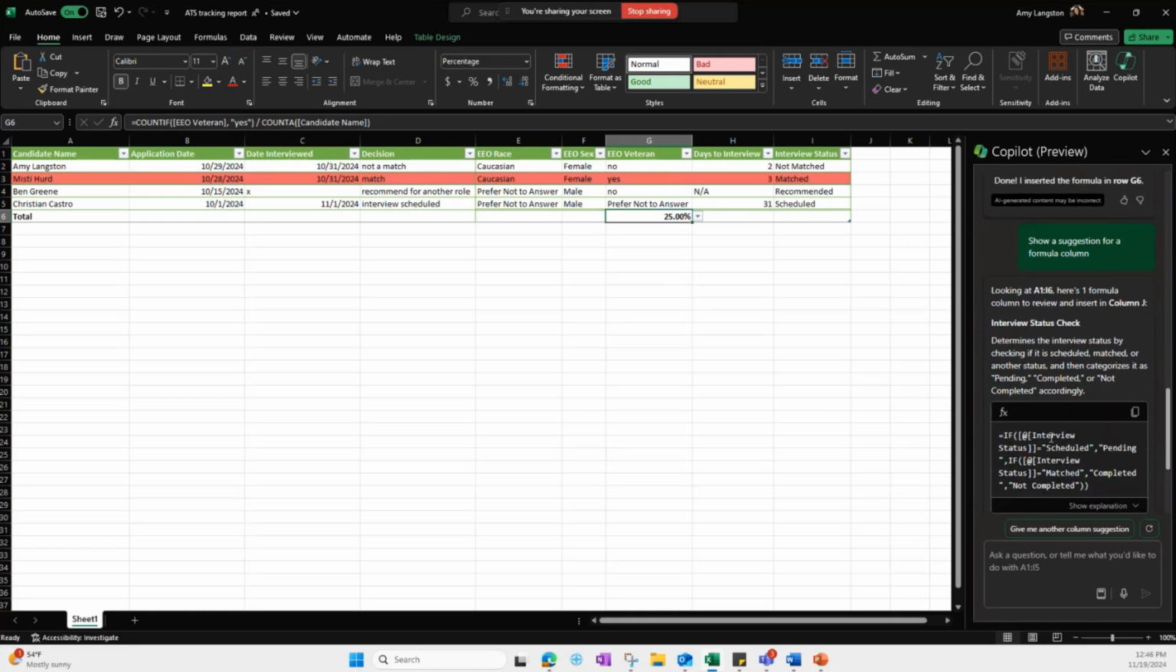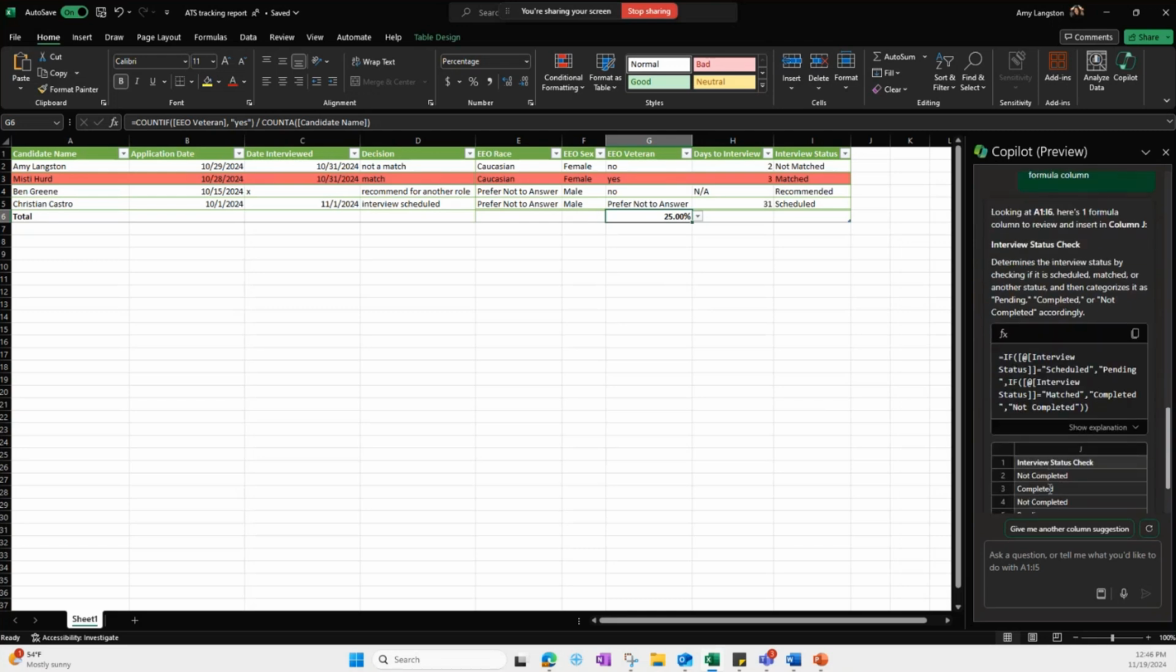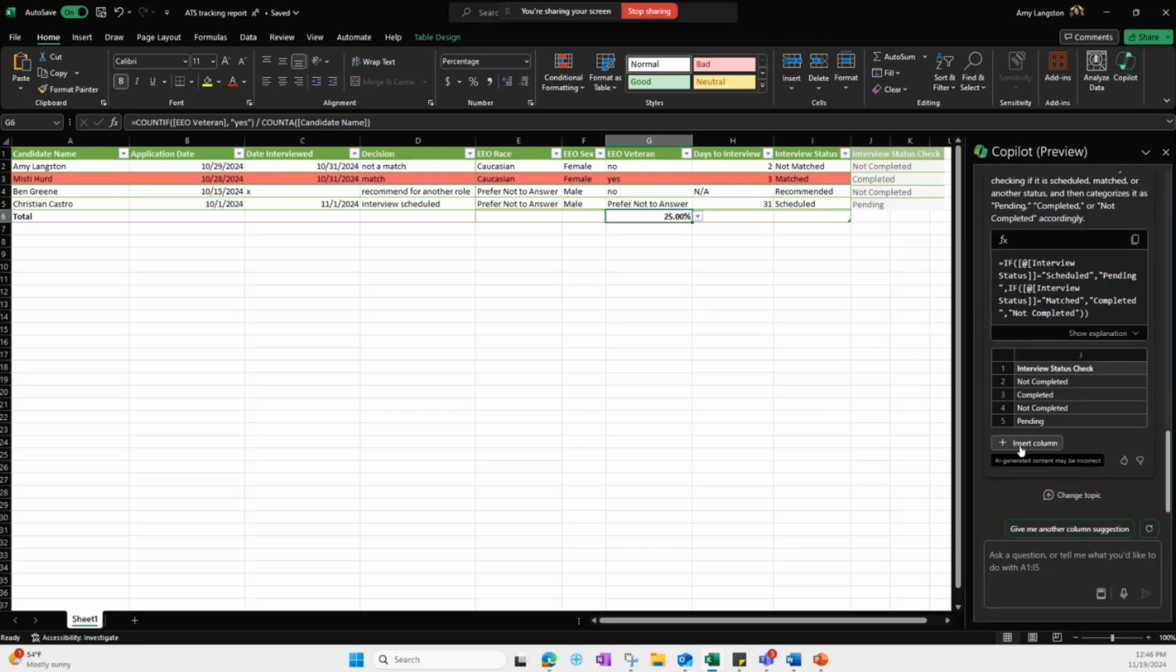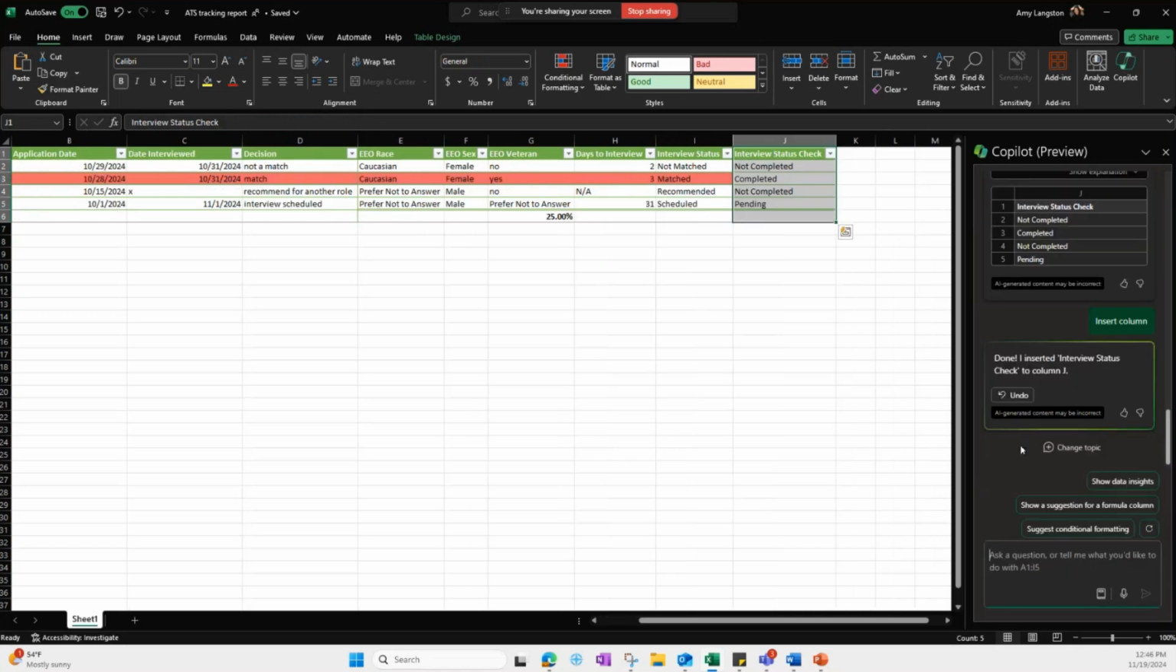And then it made a column. It's going to make a column. So based on they interviewed and a decision, it's saying it's going to create this interview status. I had not deleted that. That was from the last time I did this demo. So I can say insert column, and literally it adds the column, formats everything, has all the details to analyze,